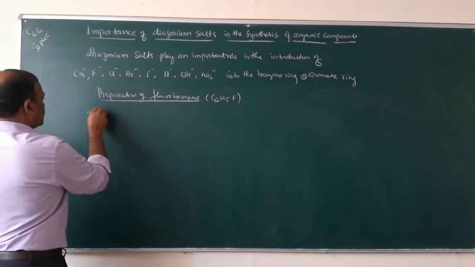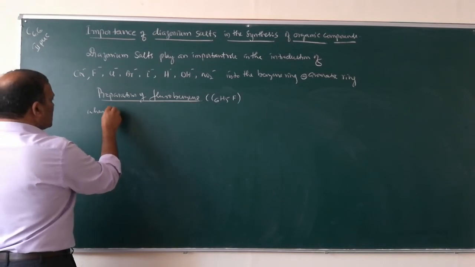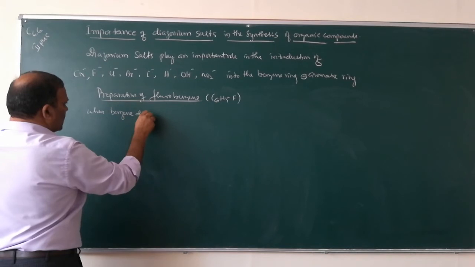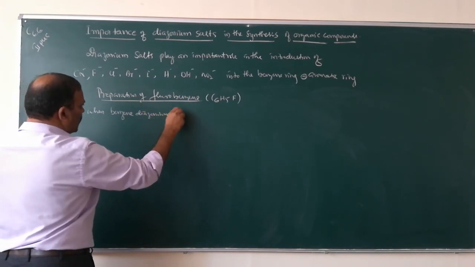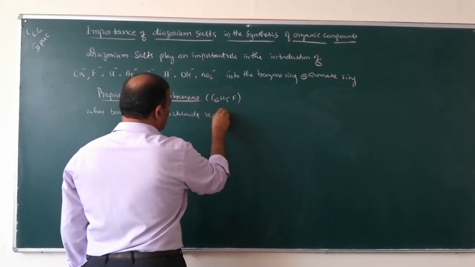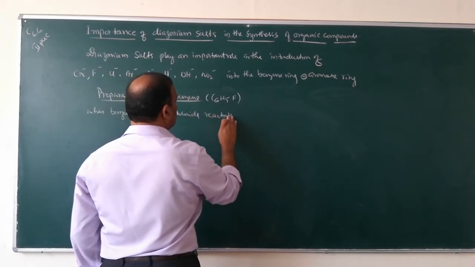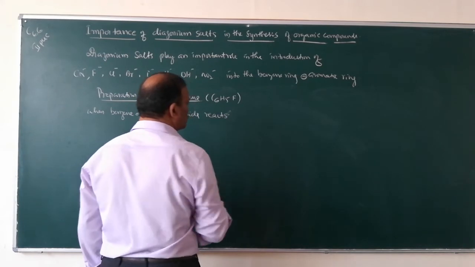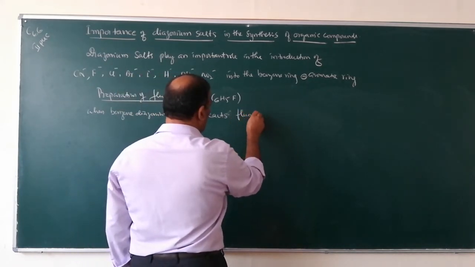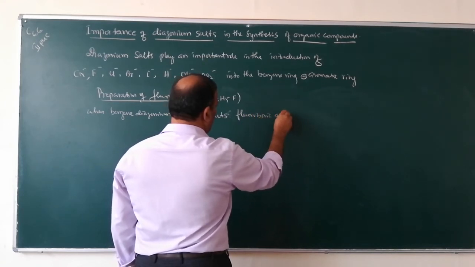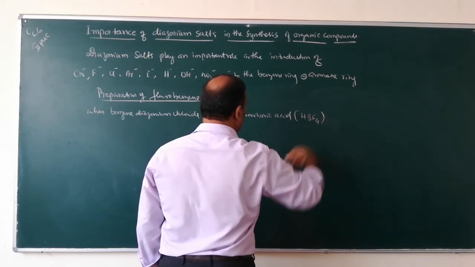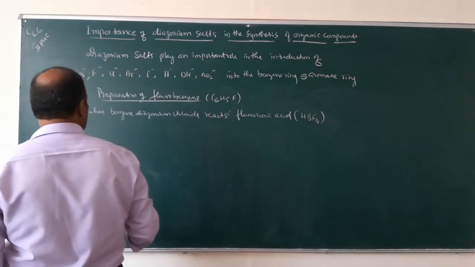So when benzene diazonium chloride reacts with fluoroboric acid, HBF4, fluoroboric acid, we get